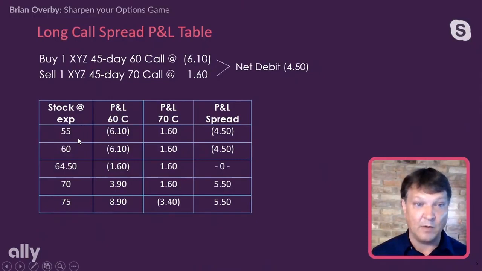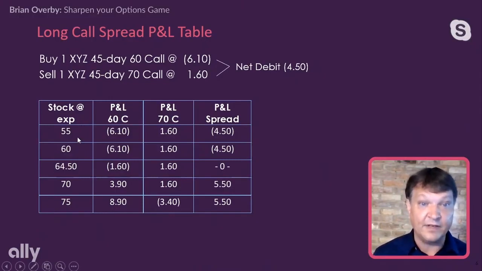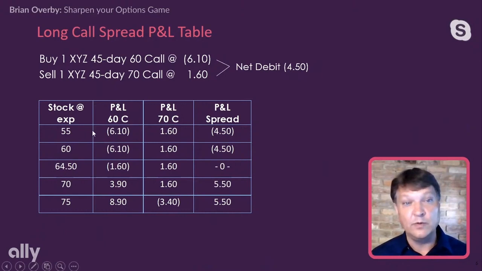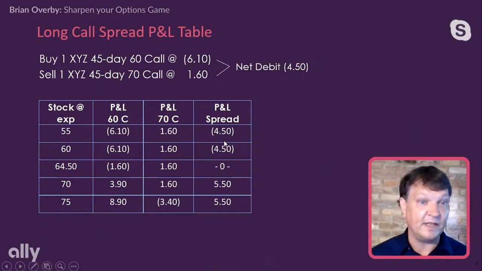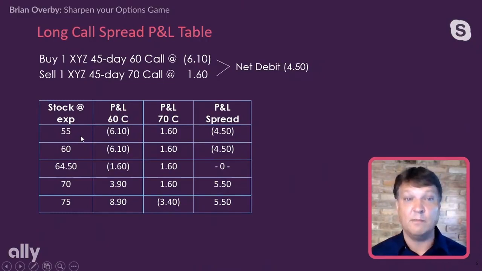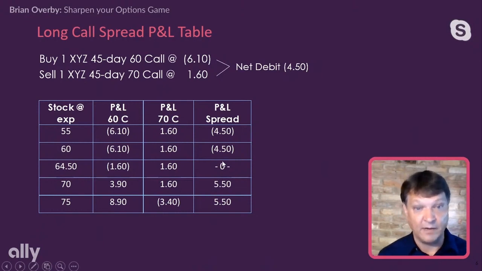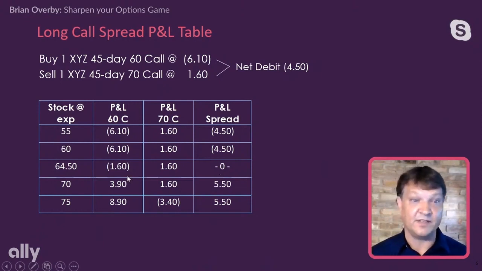If the stock goes down to 55, here's the good news and the bad news, right? We lose, if it's at 55, our 60 call, the right to buy stock at 60 does us no good. But also that obligation that we have to sell our stock or our option contract via the assignment at 70, well, that's worthless also. So our net loss is that 450. And that's true from 60 on down to 55, on down to 50, down to 30. It doesn't matter. This option would expire worthless, and this one would also. We lose the 450.